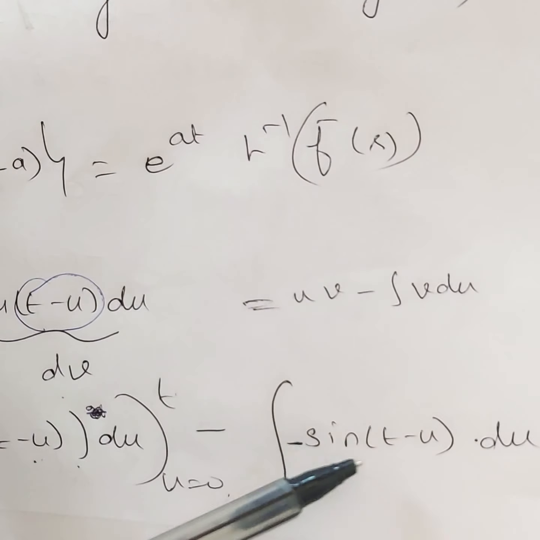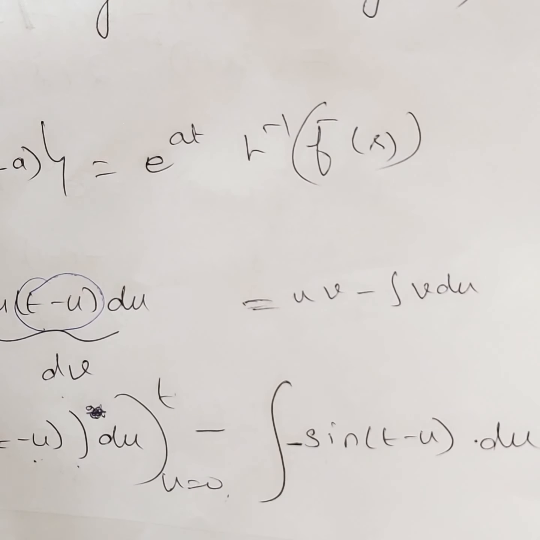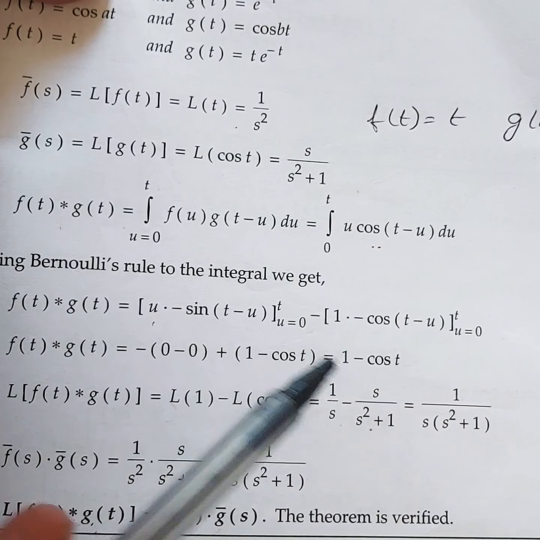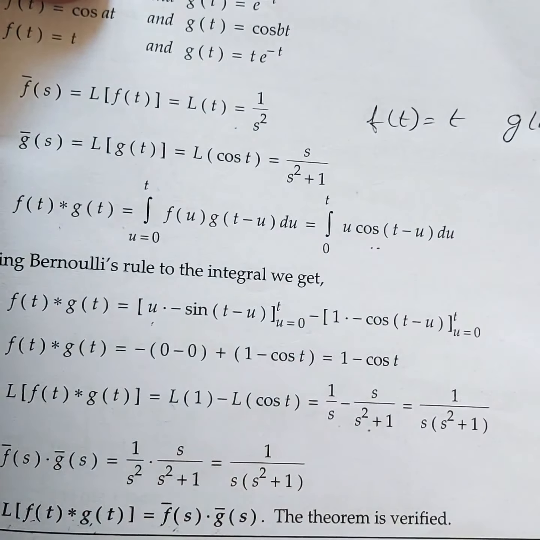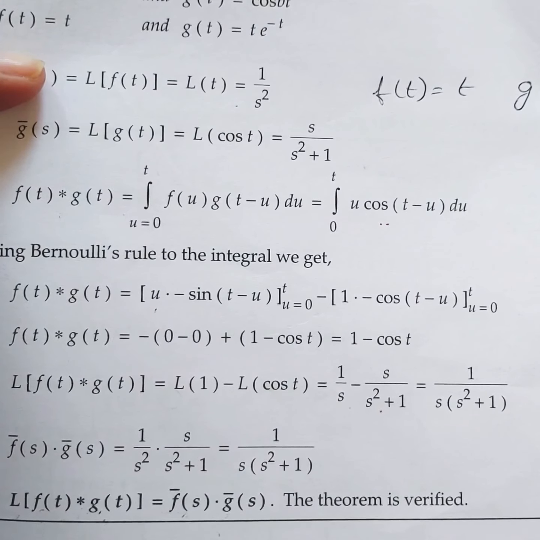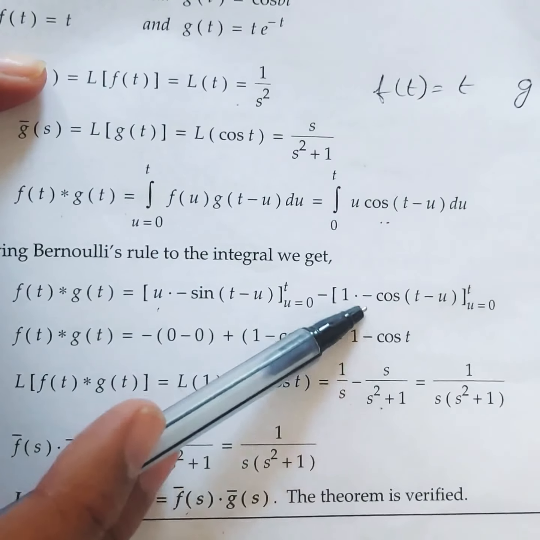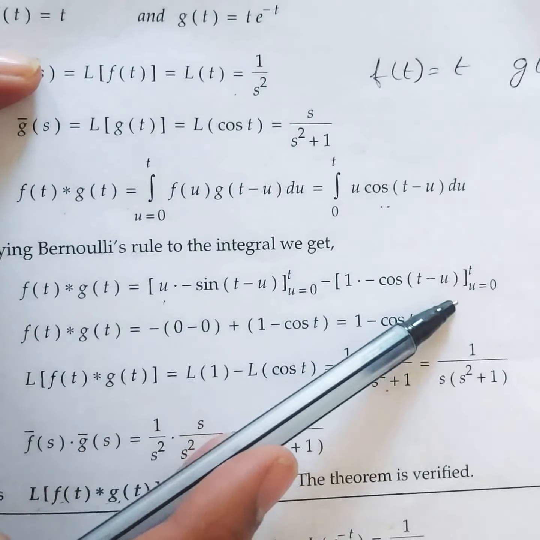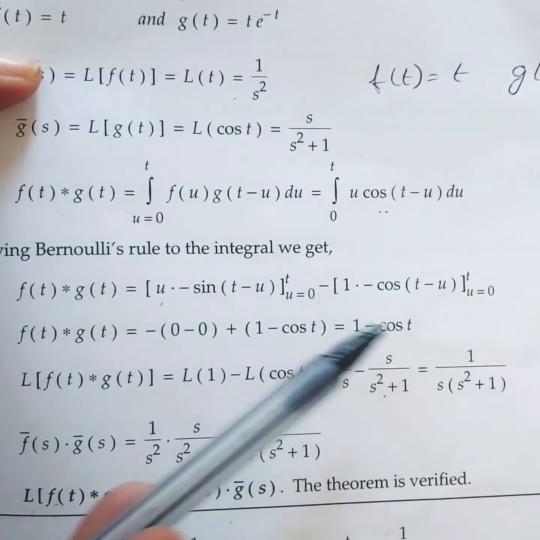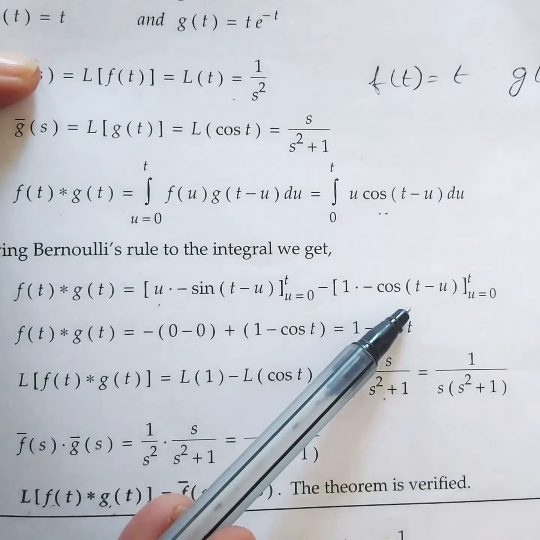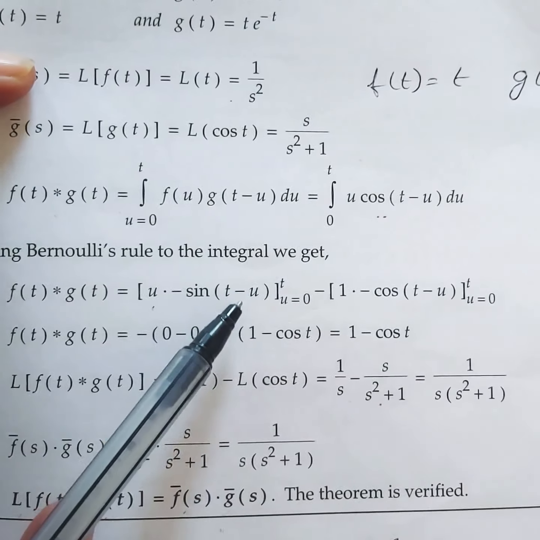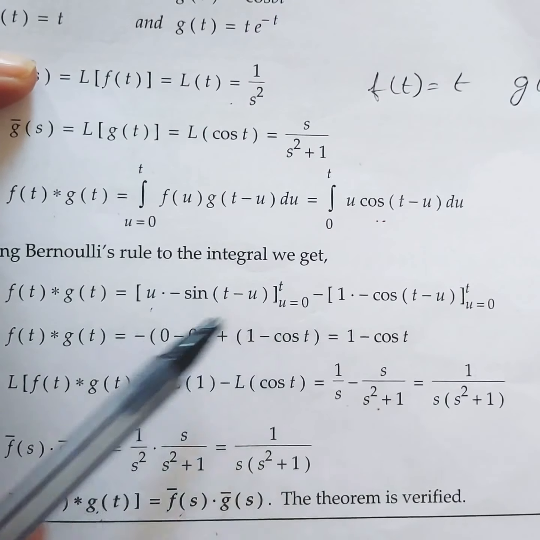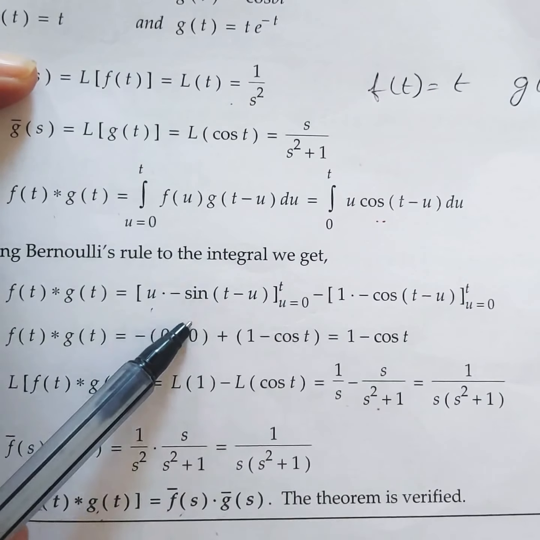Minus sine of t minus u, again I am going to integrate. So I will get this function, that is minus cos of t minus u. After integration, the sign is already there, the integration of sine is plus cos only, and then the limits are from 0 to t. These are all simple integration by parts. If you solve it on your own, you can find it clearly. Because of the minus and plus signs you may get confused, but if you solve it on your own, you will find it.